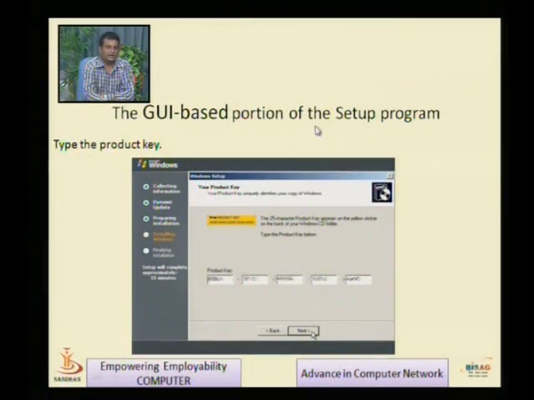Here is a diagram for a product key, and we have to enter the product key which is printed on the CD. 1 2 3 4 5, these are the 5 parts of our CD key. Right now I am not displaying the CD key because it is an actual license CD key, so nobody can view that. But if you have your license key, you enter the license key for Server 2003.